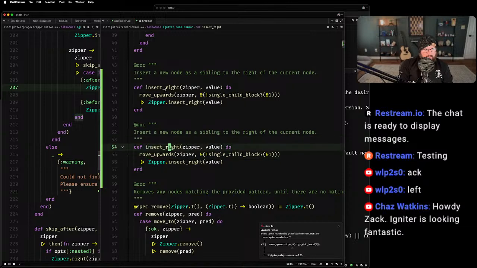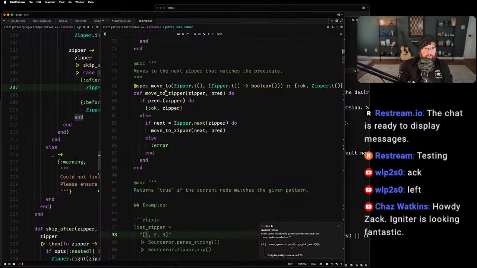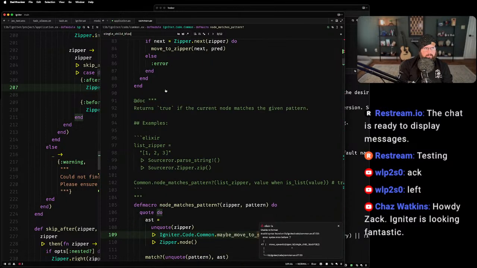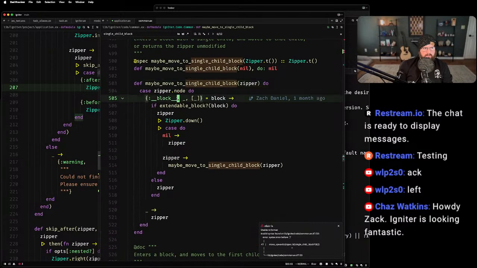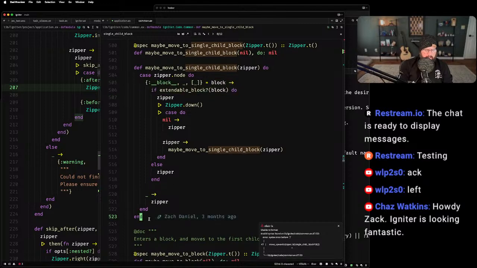Okay, so we need insert left. So it's all the same thing. All right, now I need to write this single child block helper. And I'm gonna go down to this and make this a, so let's see.